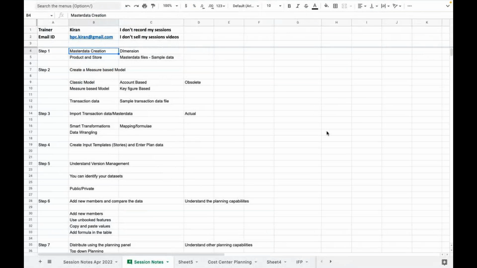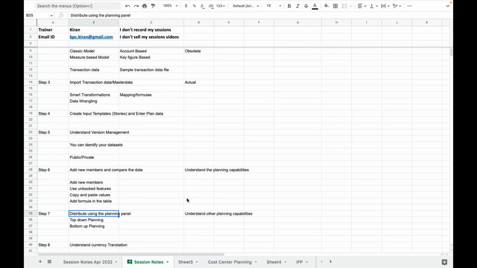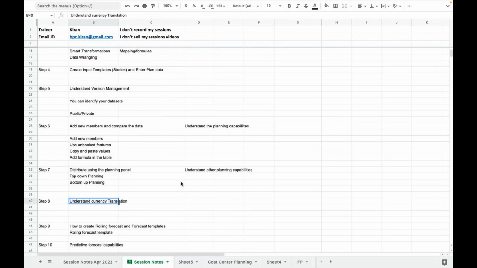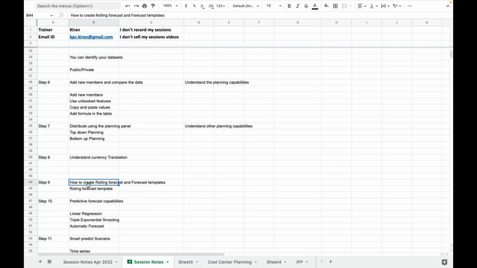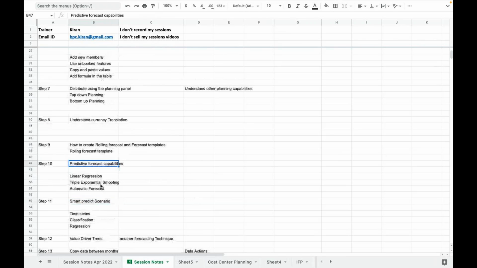We are going to understand how to create those objects in the SAC. Also, we are going to execute all these exercises like master data creation, how to create a new model, how to import transaction data, master data, right? And smart transformations, data wrangling, creating the input templates, adding the new members, comparing the data, distributions using top-down planning, bottom-up planning, understand the currency translation, rolling forecast, forecast templates, predictive forecast capabilities, linear regression, triple exponential smoothing, automatic forecast,